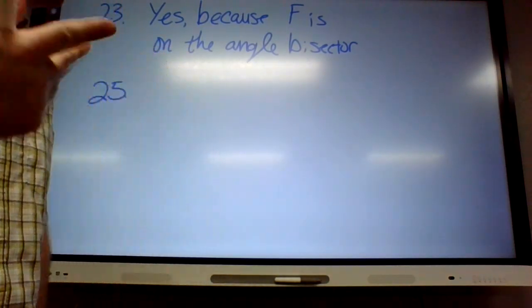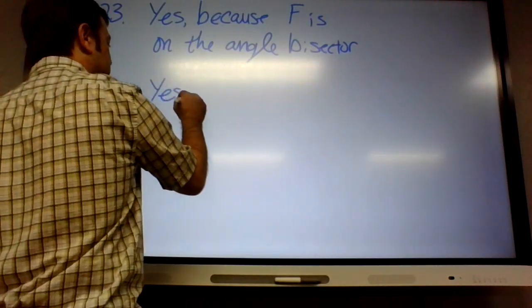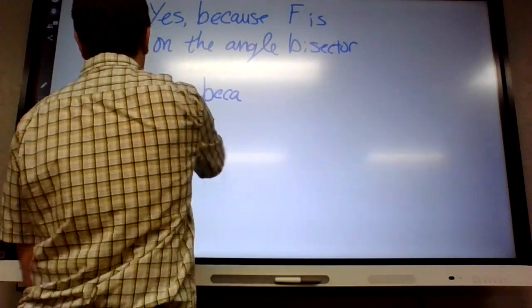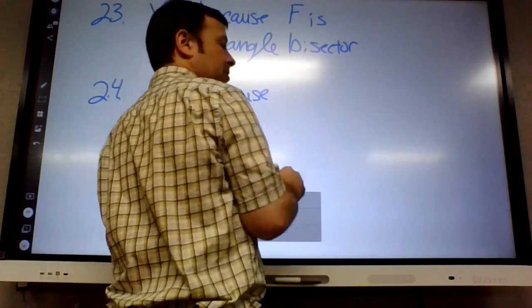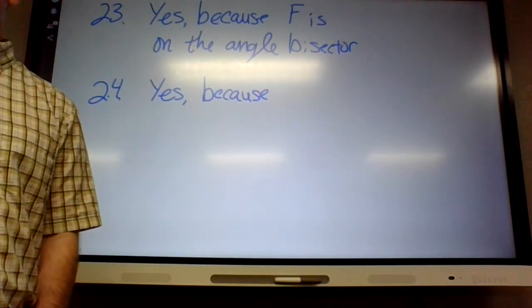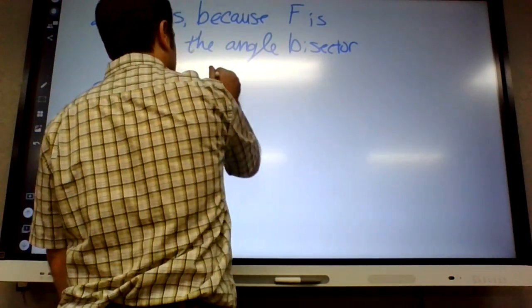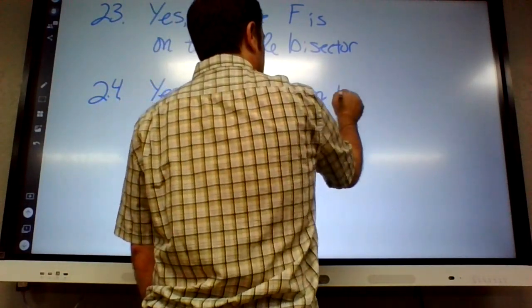Or you could say that too, that's fine. G also has to be on the angle bisector because it's equidistant from the sides. I'm going to say G is also on